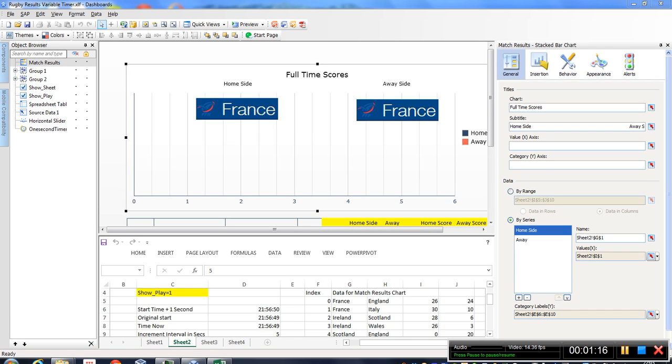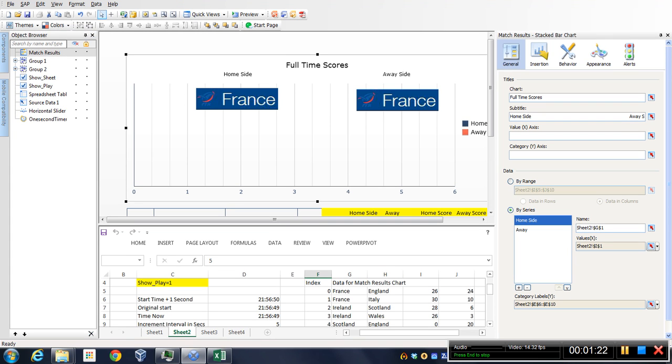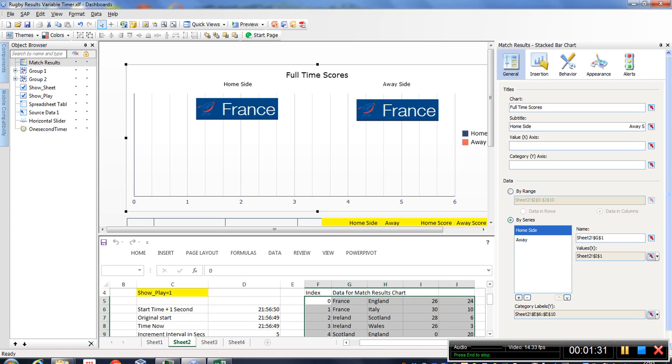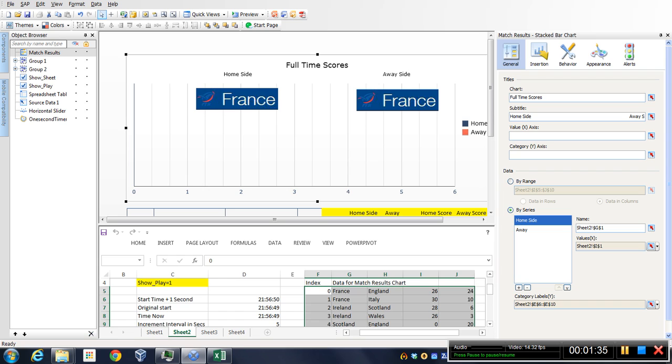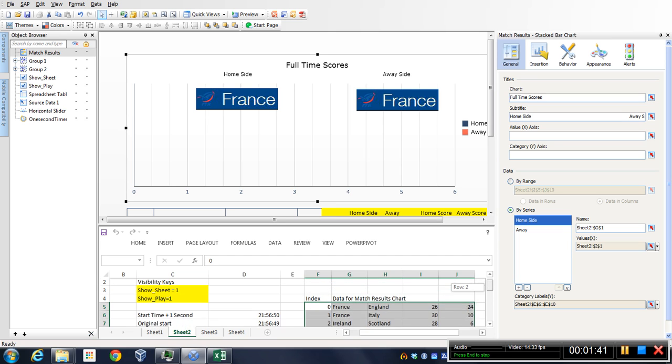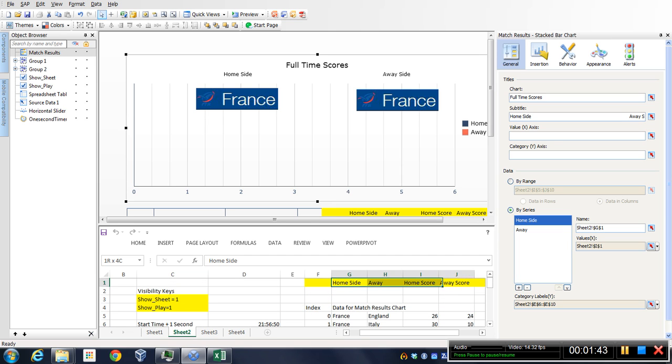The main part of the dashboard is the chart here, which I've renamed as being match results. The data for the chart comes from the area in the spreadsheet highlighted down here, which is column F through to J, and that is the data area. And the two series that are shown are the home side and the away side. The data for the actual chart comes only from this line here,